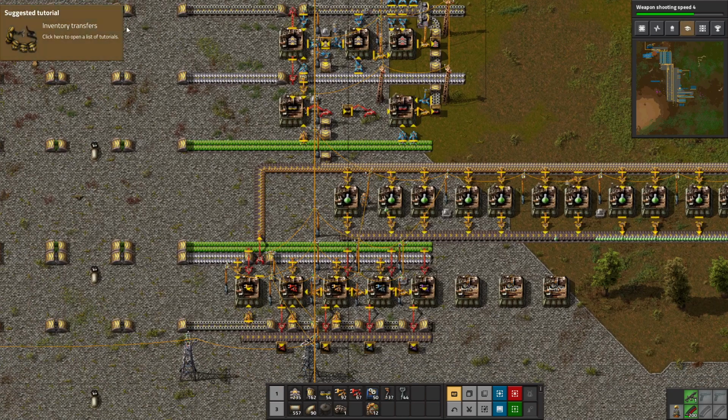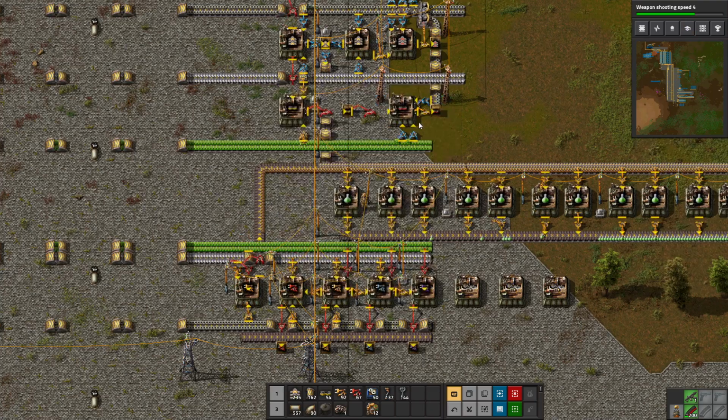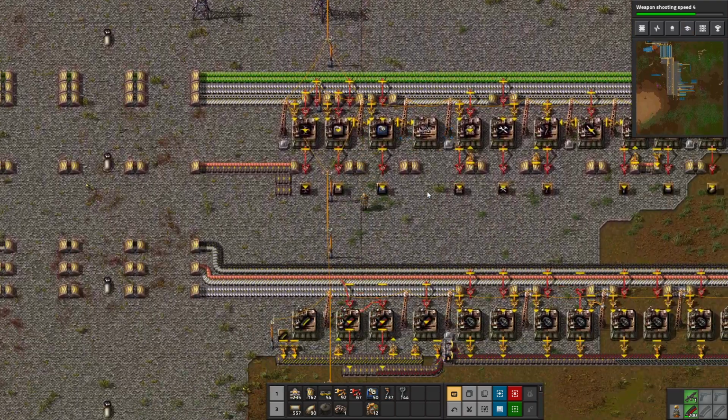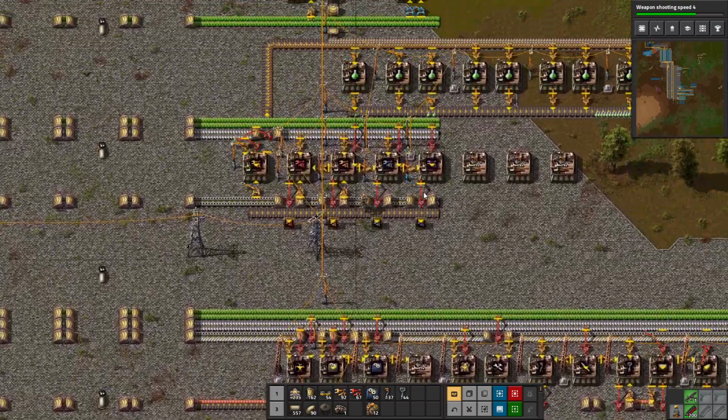Oh, click here to open a list of tutorials about inventory transfers. That surprises me. I don't want to play tutorials. I thought I had turned that off, but apparently I did not. It's weird that it came up for the first time just now. But what are you going to do? Okay, so